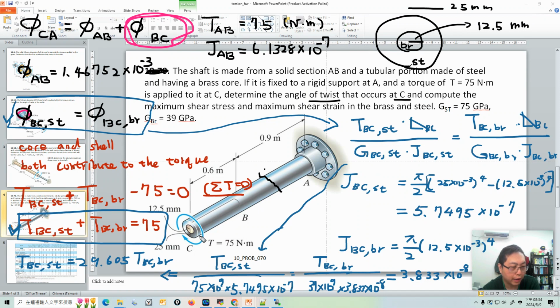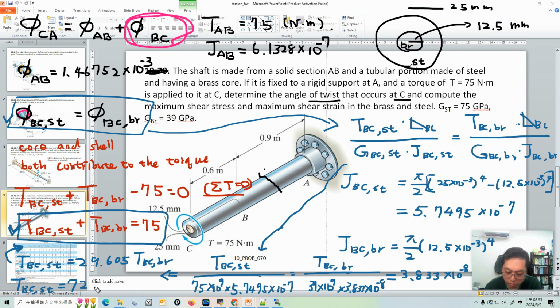So you use this compatibility equation, and then you get the relation between the torque at the BC section, the ratio of the torque in the steel section and the brass section. Then you put this back into your equation. We have two unknowns and two equations, and it's very easy to solve, right? These two equations combined together are easy to solve. So after all, you have T_BC,steel equal to, I just give you the value, check by yourself,